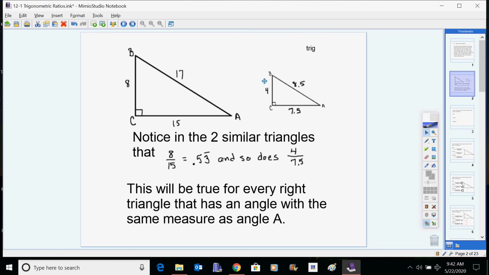So we have those ratios are the same. So in similar triangles, the comparison of the two sides in the same triangle, like 8 and 15 and 4 and 7.5, give you the same answer. So not only are these triangles similar so that the scale factor is 2 to 1,